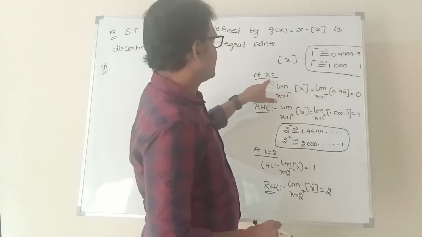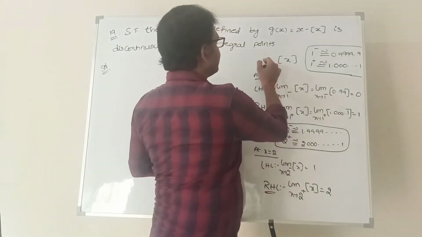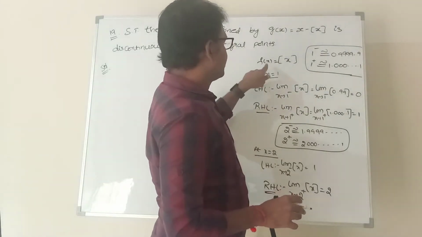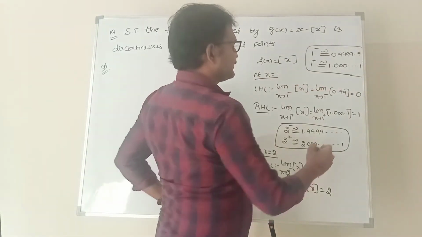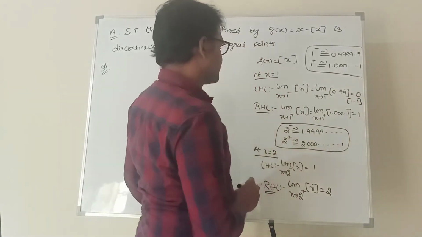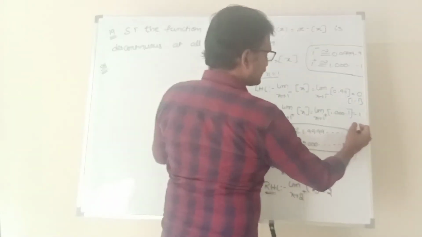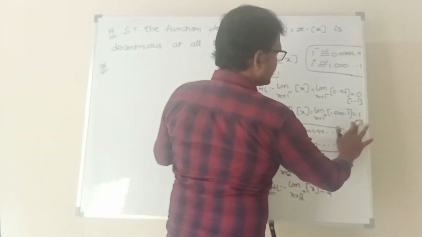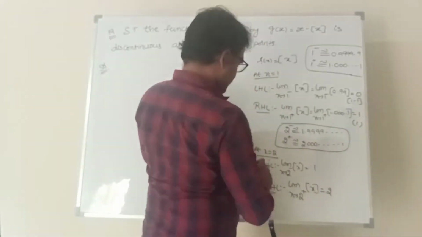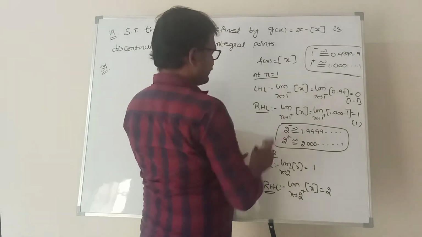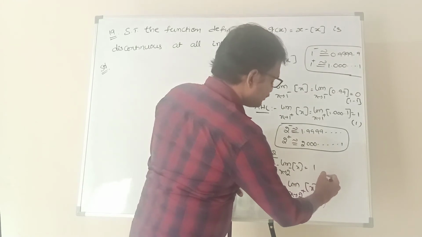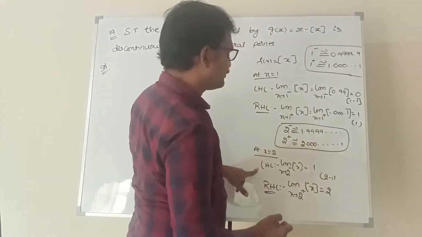If you observe the left hand limit of the step x function, if x is 1, the left hand limit is 0. That means 1 minus 1. Next, the right hand limit is directly 1 only. Right hand limit is 1. Next, if you observe the function step x at x equal to 2, how much do we get? 2 minus 1. This is 2 minus 1.